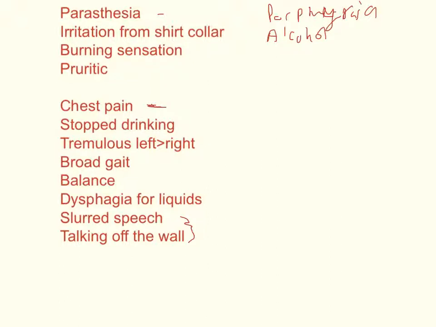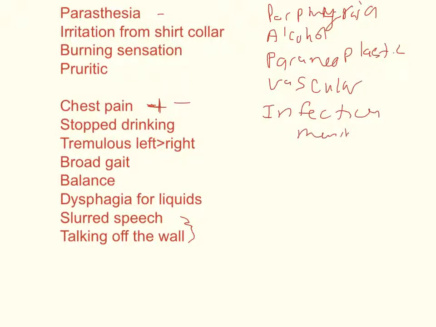Now, due to the chest pain and the striking amount of mental disturbances, we want to keep paraneoplastic. So paraneoplastic should be on there as well, and I'm thinking specifically like a lung cancer. You might want to check for that. And because of the chest pain and the high amount of neuro problems, you might also want to look for vascular problems such as TIAs and strokes. Then lastly, let's keep infection up. Now, I already mentioned syphilis with Rabies dorsalis. It usually takes several years, anywhere from 6 to 15 years, for tertiary syphilis and stuff like that to occur. We don't know that that's not the case, though, so we're just going to put infection. And under infection, I'm going to put meningitis, encephalitis,